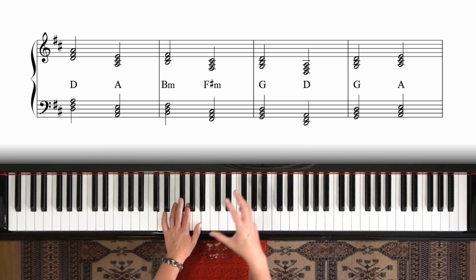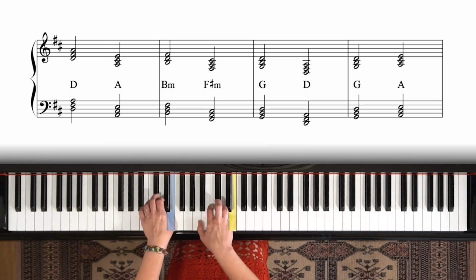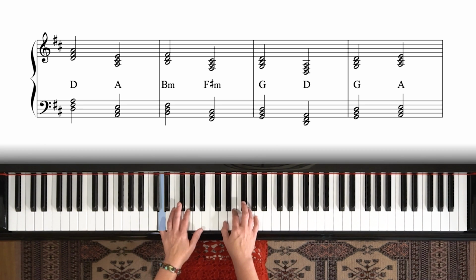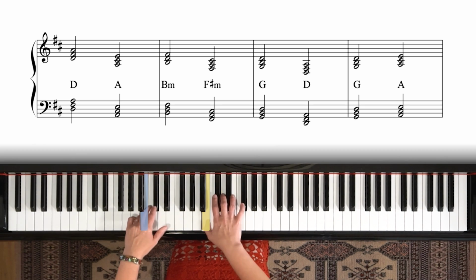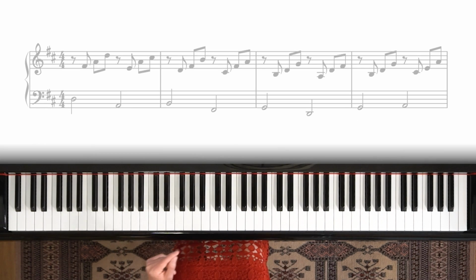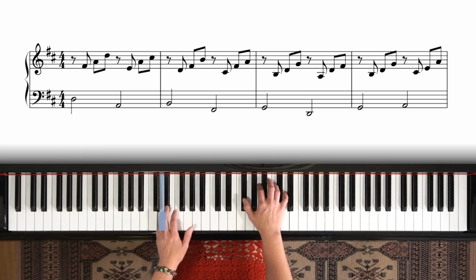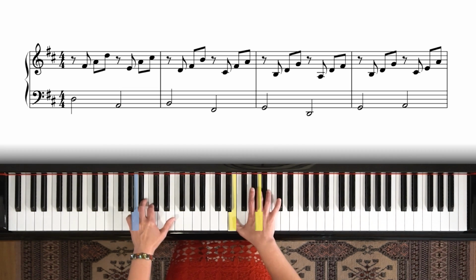Why don't you take that and see if you can improvise something? See if you can play, I don't know, or how about a bass note and a broken chord? That works just fine. The arrangement that I'm looking at here does something really similar. Bass note, broken chord, but I'm not staying in root position. I'm actually going to invert the chord. So I'm doing a first inversion chord, second inversion,